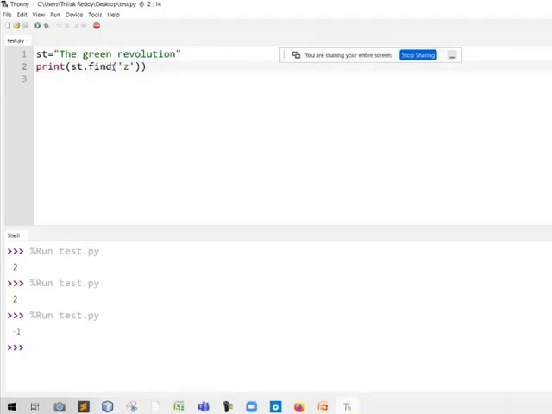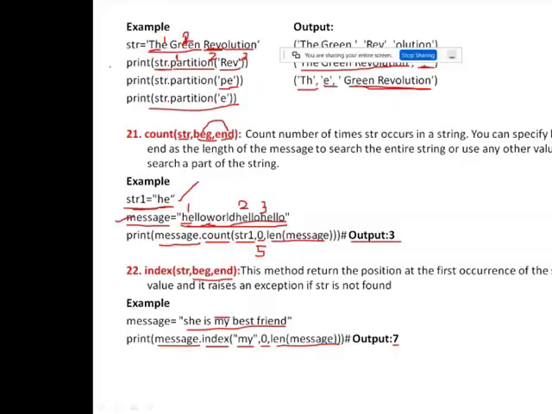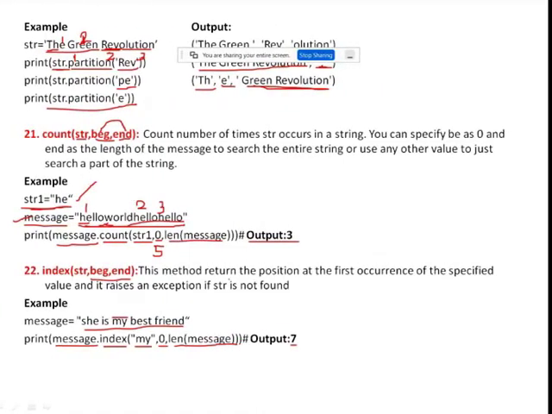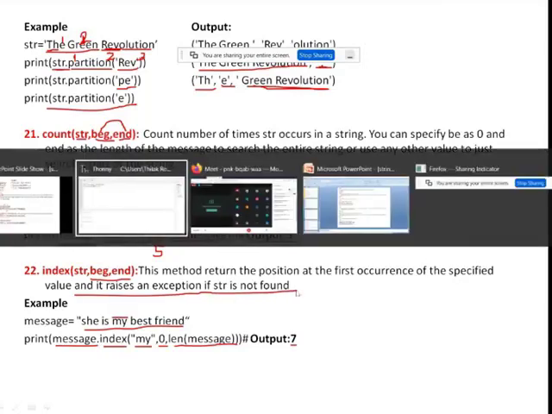But instead of the find method, if I use index, then what will be the output? Read this one. This method returns the position at the first occurrence of the specified value, and it raises an exception if the string is not found. Now tell me what will be the output?